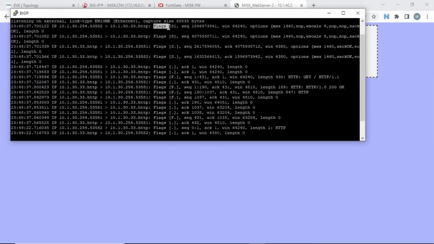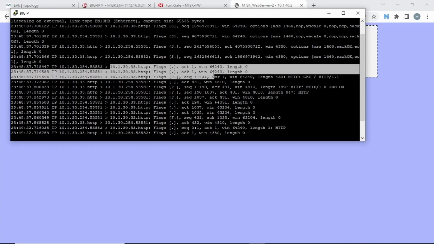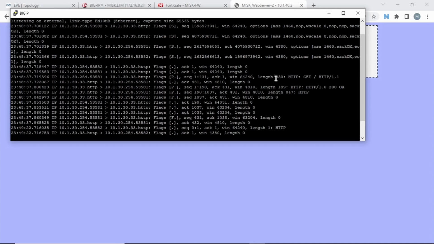We can see that it's a flag S, which is SYN. And then we've got this response from the virtual server's IP address to the firewall's IP address. It has sent a flag S with acknowledgement. And lastly, we have the last acknowledgement from the firewall's IP address to the virtual server's IP address. Then here is the request. We've got an HTTP GET request. And in the response, we can see that we've got the 200 OK message or code,